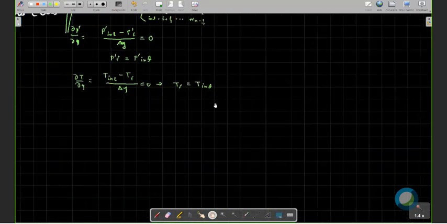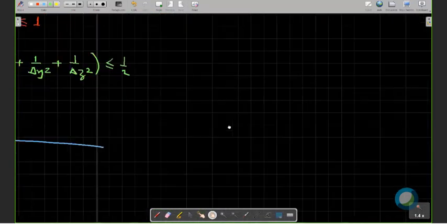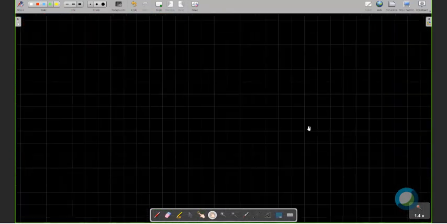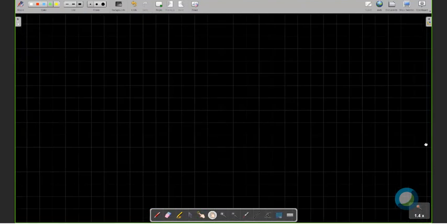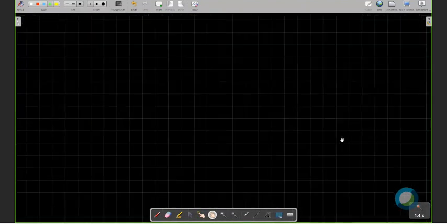So this completes how to discretize the Navier-Stokes equation, what type of boundary conditions to be given, and how to implement the boundary condition. Next, the last part of the solution of the Navier-Stokes equation is another algorithm.